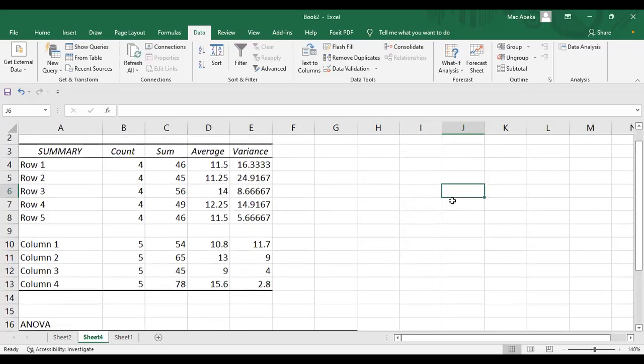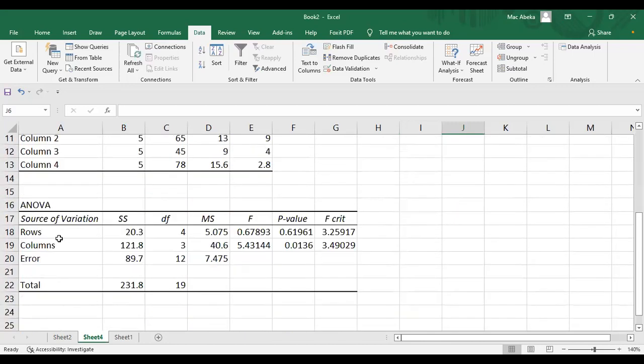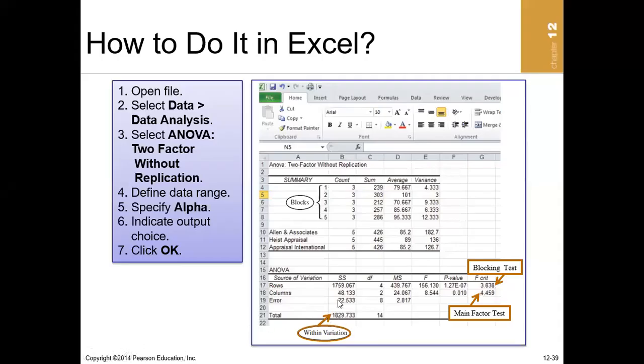What is more important is not the summary, but the ANOVA. Okay. Now, in these results, okay, let me show you something. In these results, remember this slide. The total here is the total within variation. So please, this result doesn't give the sum of squared total. The total here rather gives